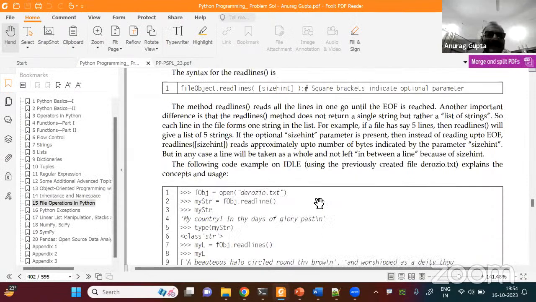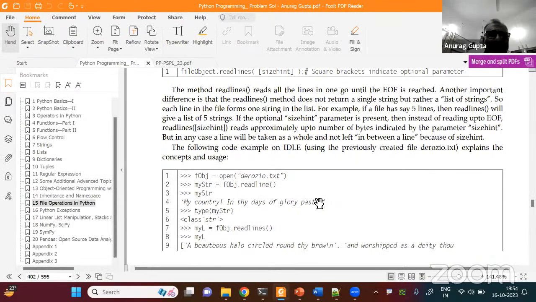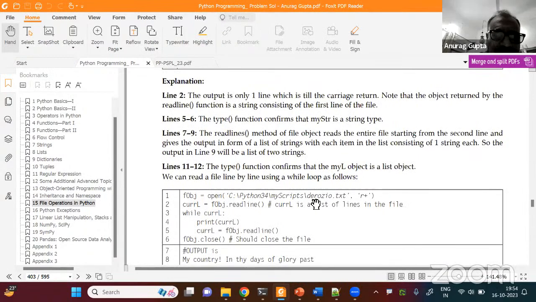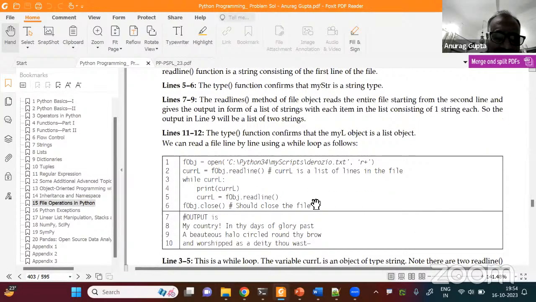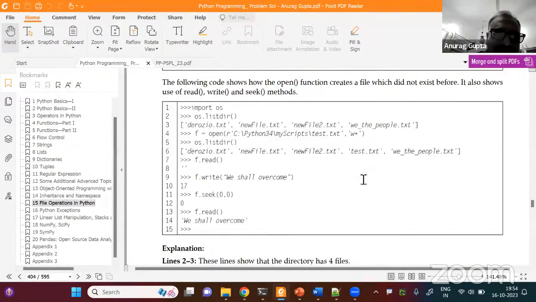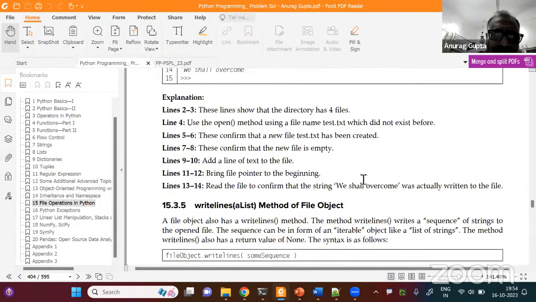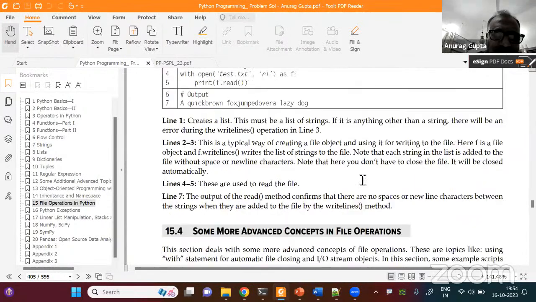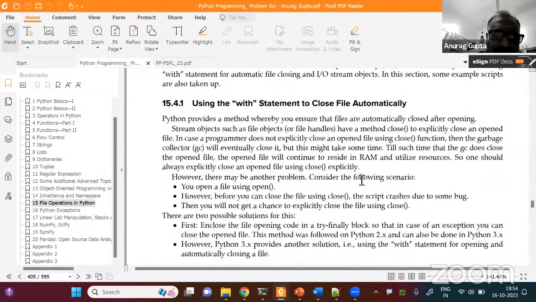Let's do a bit of theory, then we'll come back. This is something which doesn't really require my intervention, because this is something which you can and should be able to study on your own. Anyway, I want to talk about another thing. Let me go to that first. In fact, we tried to discuss it in the chapter on exceptions also, right? Let's talk about this.